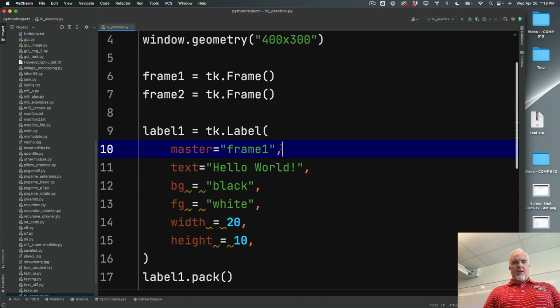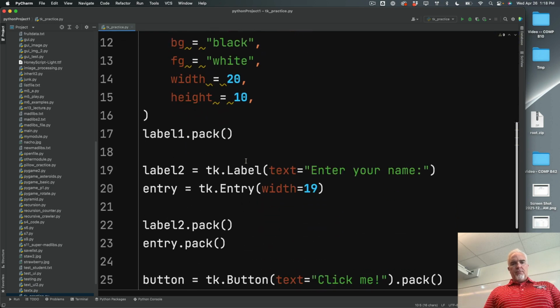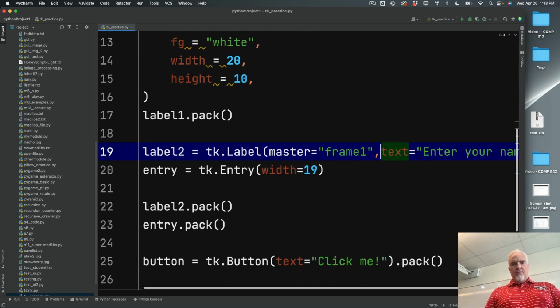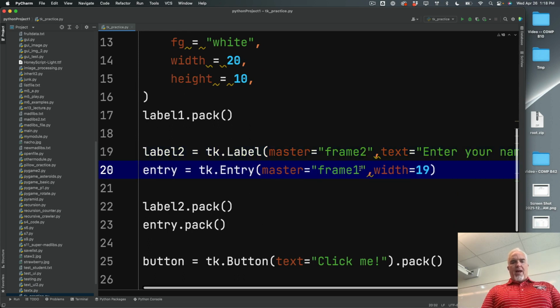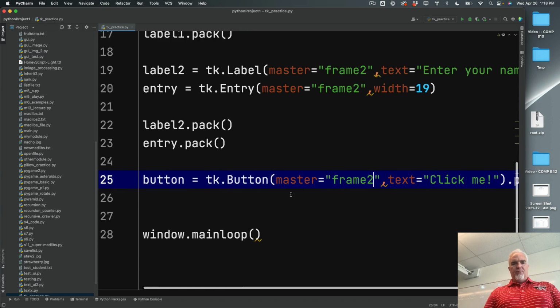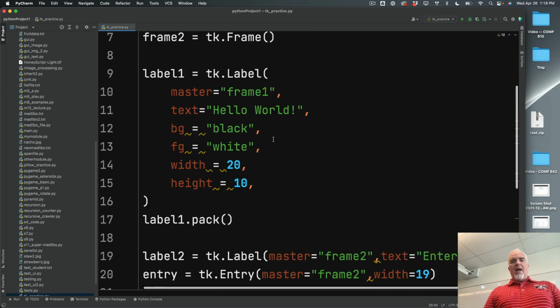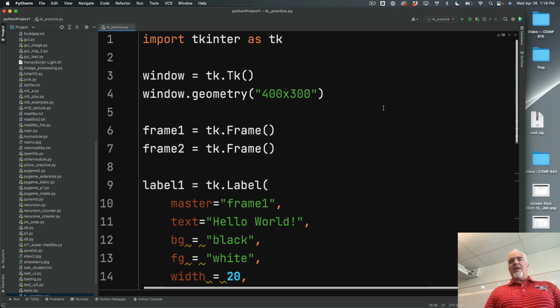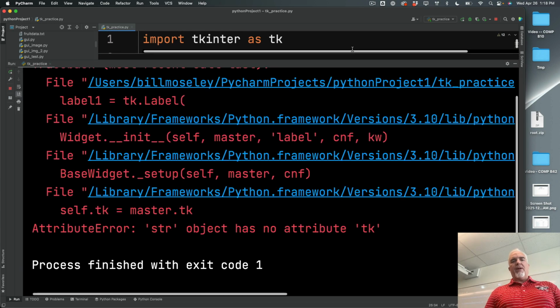And then in these others, I'm going to say master is frame 2. So in frame 1, I have just the first label. And then in frame 2, I've got another label, the text entry box, and the button. Now, while I have all of these packed, now that I put them inside frames, you'll notice that if I run this,